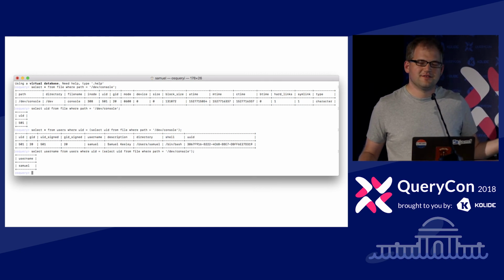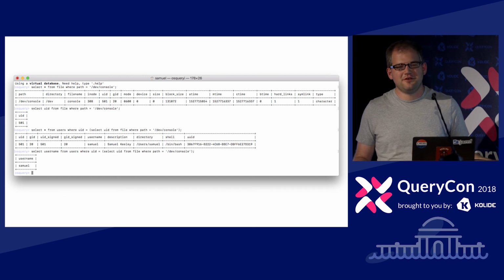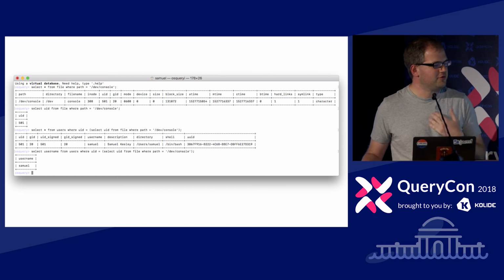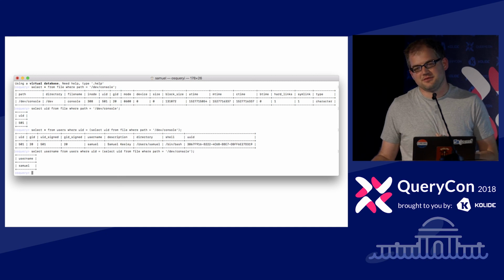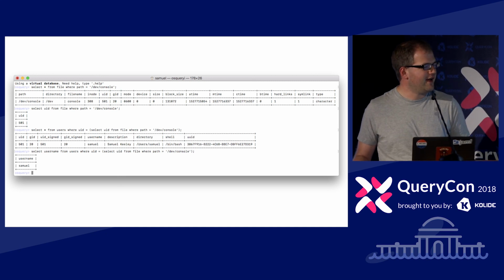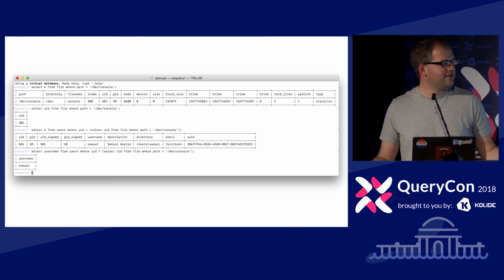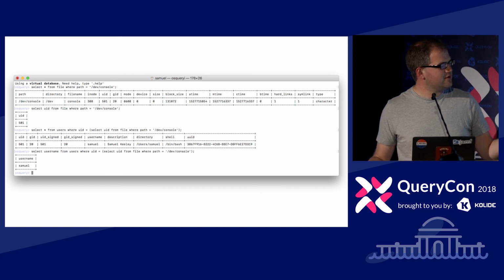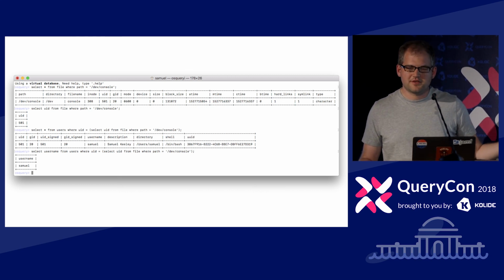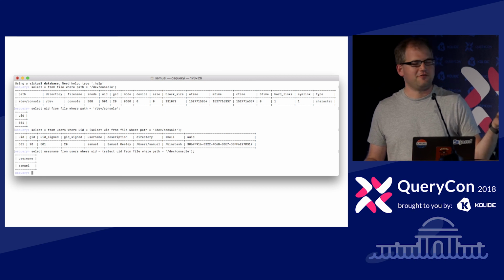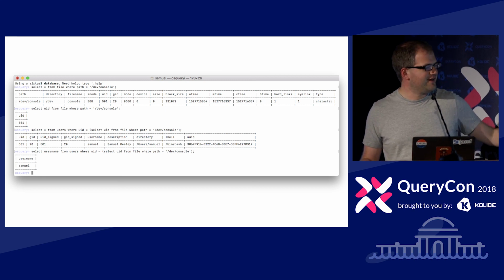Now the UID is nice, but it's not really friendly for me. I don't know who 501 is, and it's probably going to be 501 on every machine that I have. So we can take that 501 and run a query inside of another query to look at the users table, and I want to find out everything about the user ID of the owner of the file, and we can get this third result.